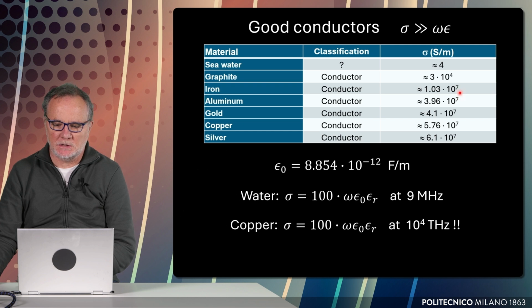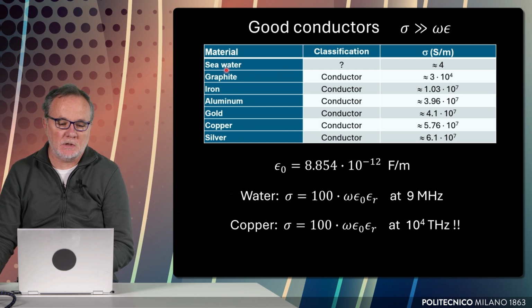In particular, we're interested in some exemplary cases in which we have several good conductors that are typically used in circuits, such as aluminum, gold, copper, silver, but also some more common materials such as seawater. As you see, in very good conductors, conductivity is of the order of 10 to the power of 7. So when are we in this condition? And another question could be, what happens with seawater that has a much lower value of conductivity? Up to what frequency does this condition hold?